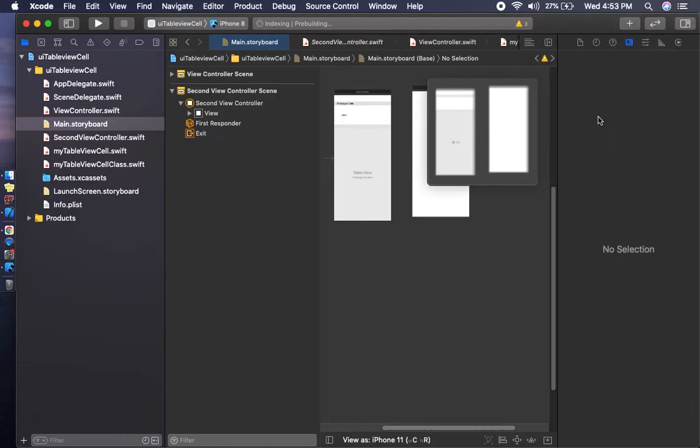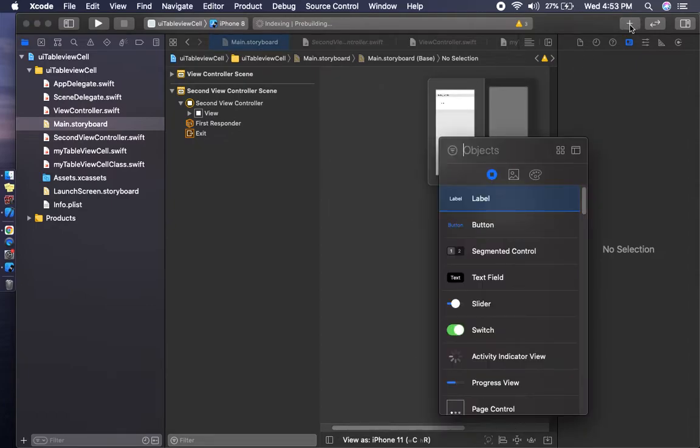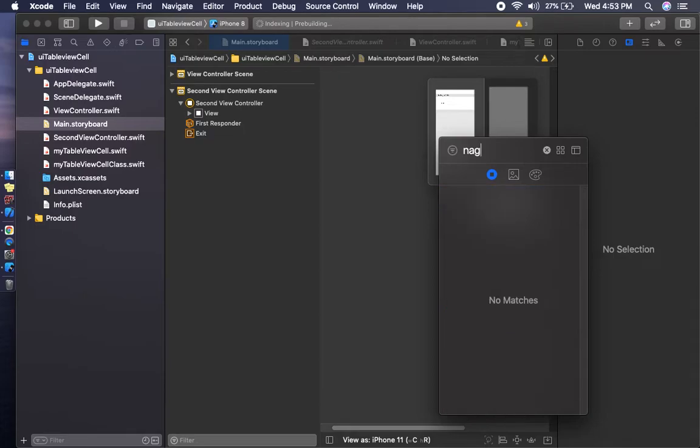I am using the navigation controller from the library, dragging it from the library.